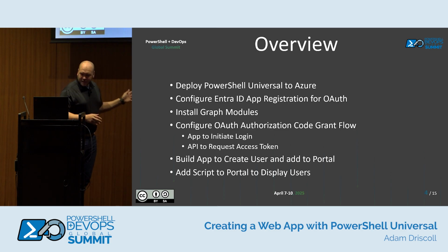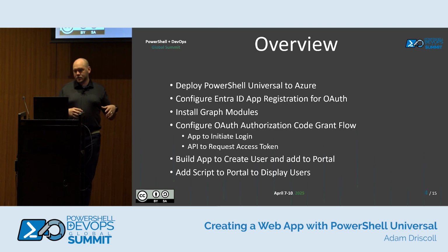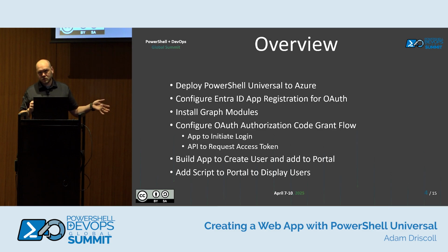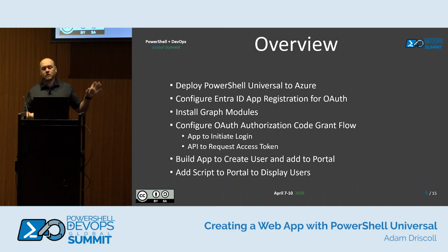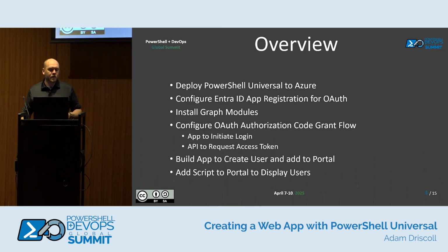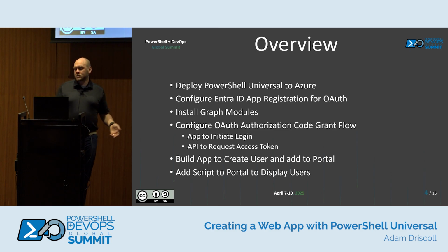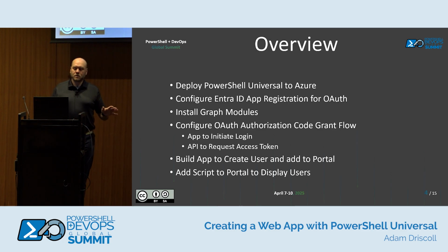But what we're doing today is we're going to talk about how to set up PowerShell Universal in Azure. We're going to build a web app around some Azure management. We're going to deploy a user, create a little web app using PowerShell Universal in Azure. So we'll start with deploying PowerShell Universal to Azure as a Docker web app. Then we'll configure Entra ID app registration for OAuth for that web app. We'll install some graph modules inside PowerShell Universal. We will configure the OAuth authorization code grant flow inside PowerShell Universal, and I'll talk a little bit about what